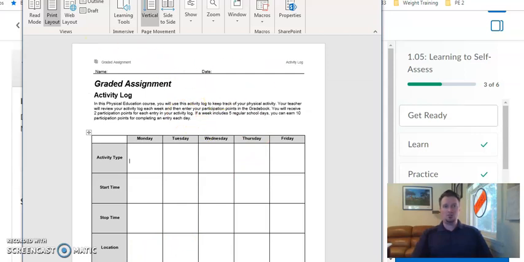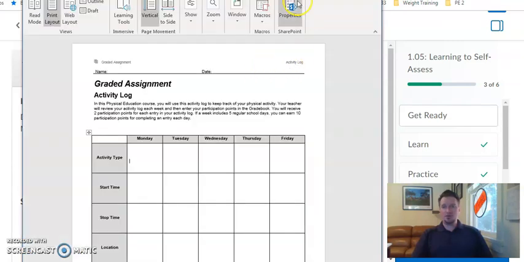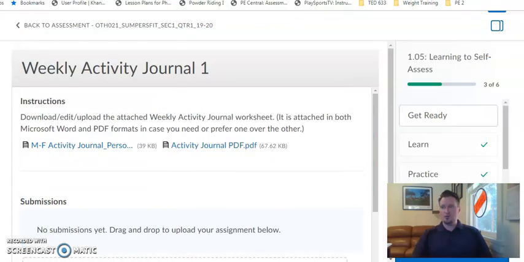Now, once you're done with this, you save it. So save as somewhere you can find it. I would make a folder on your desktop for this class, but it's not required. Just save it somewhere you can find it. And when you're done with that,